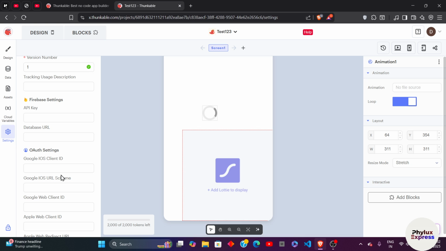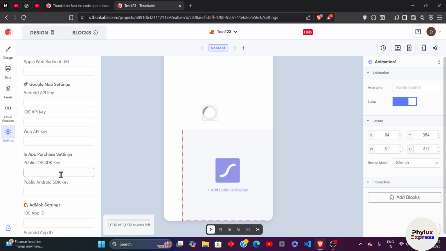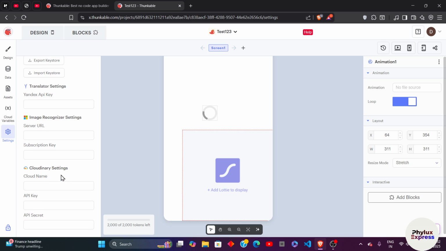You can also connect it to your Firebase settings or to any OAuth settings. You can also connect it to the Google Maps settings and the AdMob settings. And you have multiple things here. And then on the right side, you have this version history. And when you have created your website, you can just simply click on this web preview to preview your website